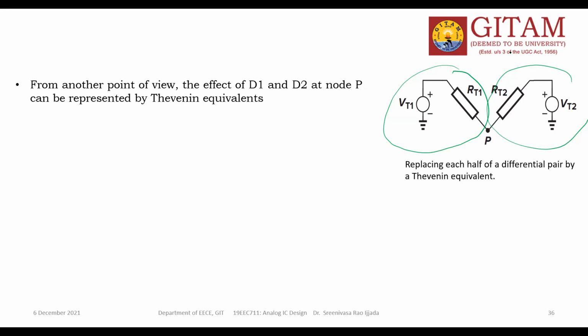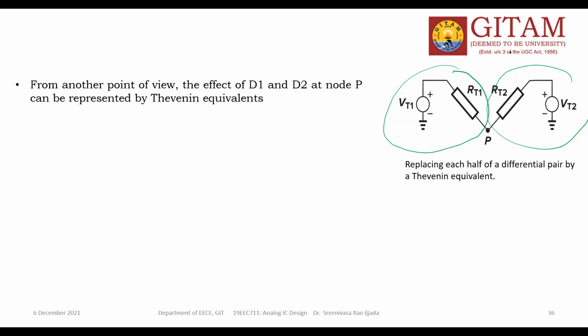Got the point? Anyhow, I have the two branches. I'm talking about the node P, which is very important for me. That one side is converted: whatever the pins are there, one active source and load impedance, and VDD and VIN1. This is one side part. That entire thing I converted into one Thevenin equivalent circuit, that is VTH1 in series with RT1.